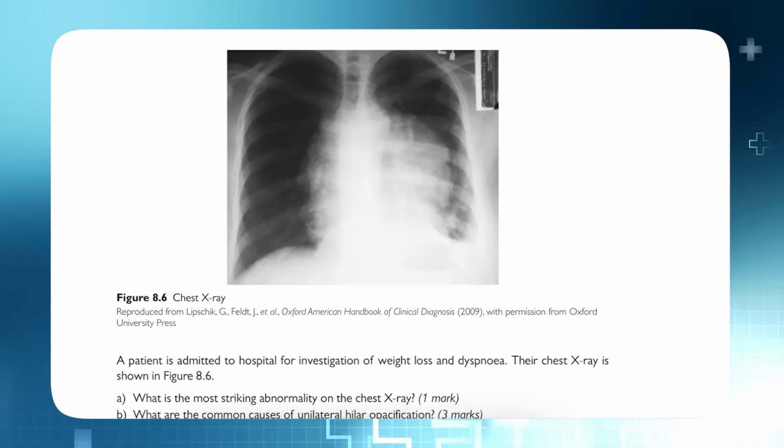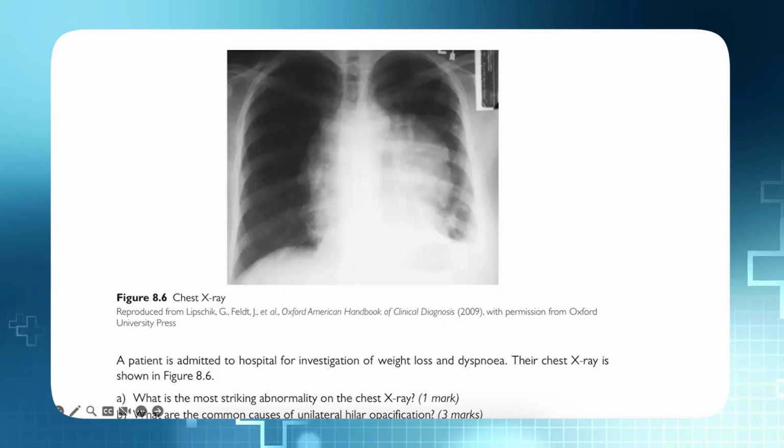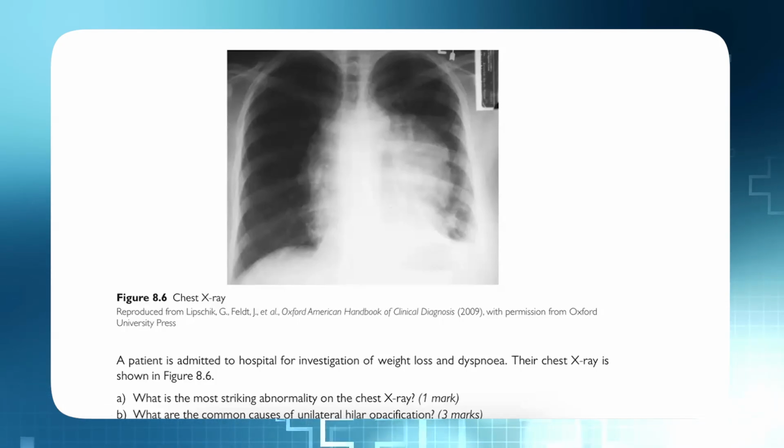Parahilar is there. So, what are the common causes of a unilateral hilar opacity? Because it is given as a scheme, you have to utter at least three diagnoses here. One can be a parahilar mass, and another can be a hiatus hernia, or there may be consolidation,